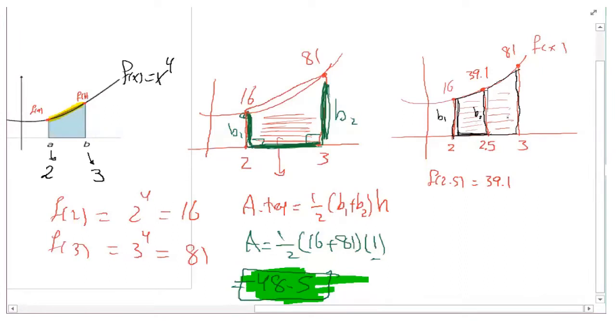And the second area will be base 2 plus base 3 over 2, multiplied by the height between them. So let's find area 1. We'll call this trapezium 1, trapezium 2. Area 1 will be half of base 1, which is 16, plus 39.1, multiplied by the height, which is the difference, which is half,